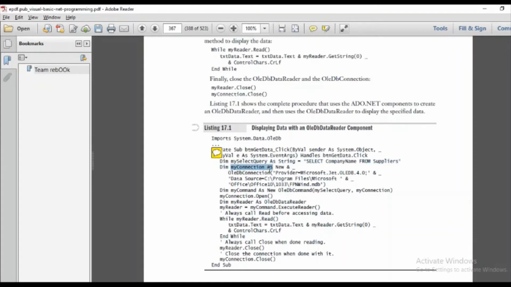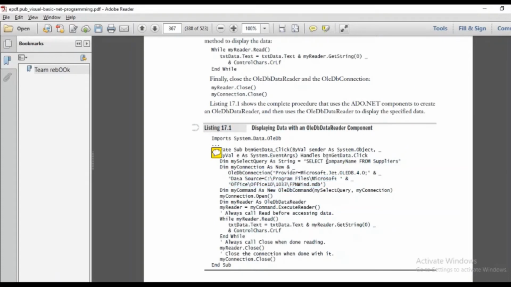You are now creating a connection, like we create a connection string in PHP. Here we are creating a connection string, and the database engine which is used here is an OLEDB connection. You will write it as it is: provider, Microsoft.Jet, all these lines the same, but for the data source you have to give the path of your complete database here. You have to change the source.